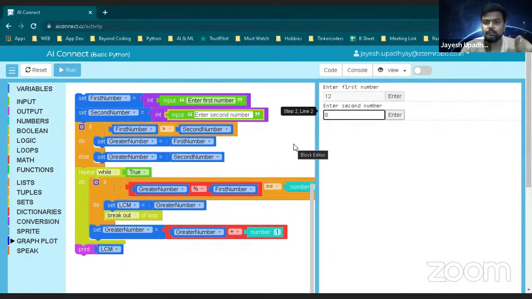You can chat with your friend. Okay, let's discuss with your friend about the LCM of 12 and 8. You can take out the copy and do it. Okay. I hope you have done it right. So I hope you are getting this answer, that is 24, right? Lowest common multiple. Okay. So let's just see what is LCM first and then we'll go ahead.